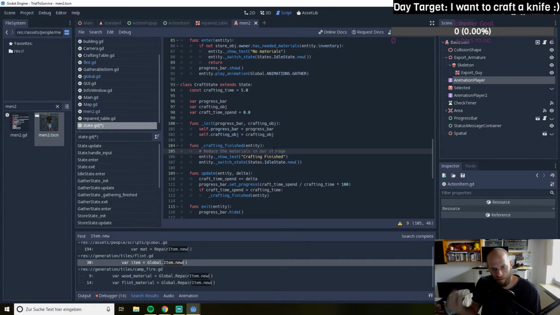I think this is much more complicated than just doing all the logic once the crafting is finished, checking at this point if we have enough materials, and if we haven't, it's just a failed task. So the player has to keep an eye on his storage or on his items, and can't craft if there aren't enough materials. He has to have an overview, and our logic becomes a bit easier. So we reduce the materials at the end of the crafting task, and that should be done as one of the first steps, because we need to ensure that we have enough